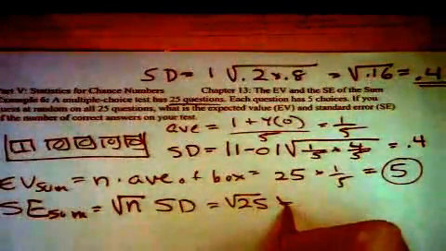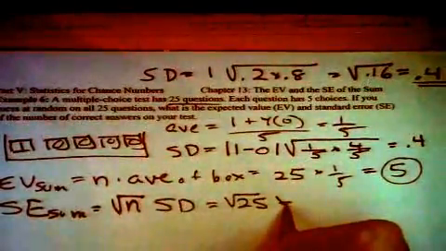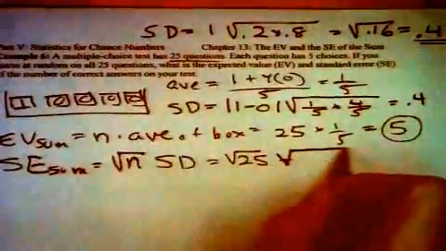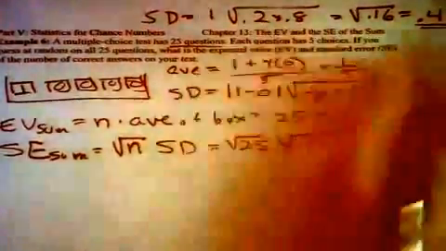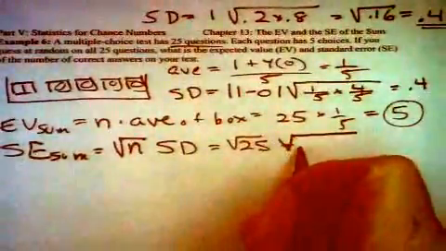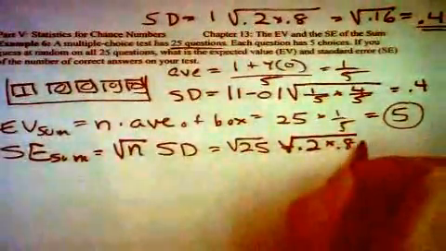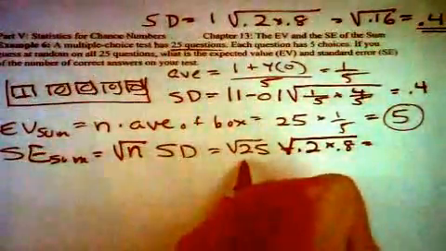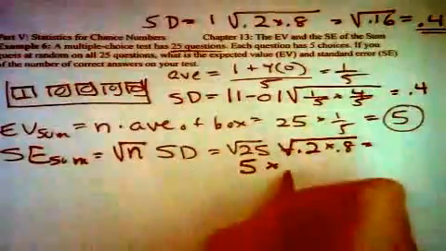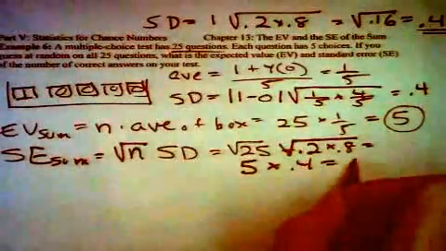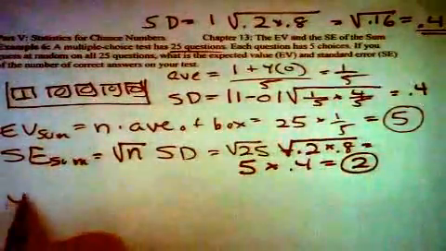Times, well, I'm doing it out again, I'm sorry. I'll say 0.2 times 0.8, and that's, excuse me, that's 5 times, what's this? 0.4, which is what? 2. So you'd expect to get